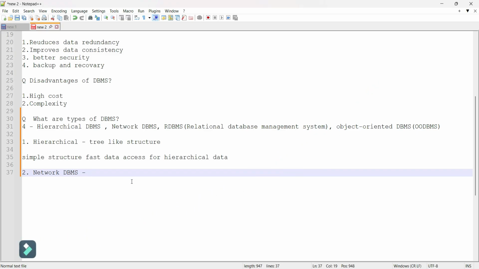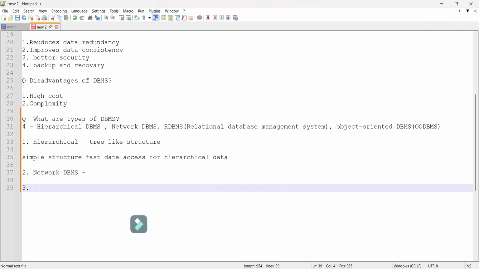Better flexibility than hierarchical DBMS. On the other side, there is a disadvantage: it is more complex to design and maintain. So the third one is